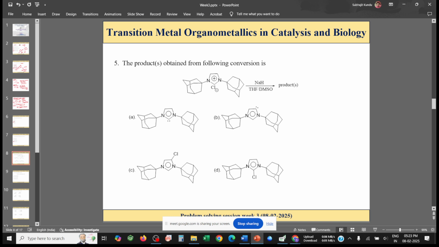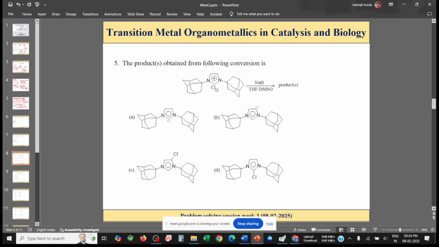So now the question is how to make it. This is a very simple procedure to make the Arduengo type carbene. We have also seen that in an Arduengo type carbene, or N-heterocyclic carbene, the carbon atom should be adjacent to both the nitrogens derived from the imidazole. So this is called the preparative procedure for the Arduengo carbene.